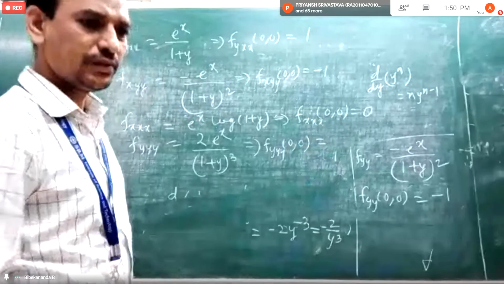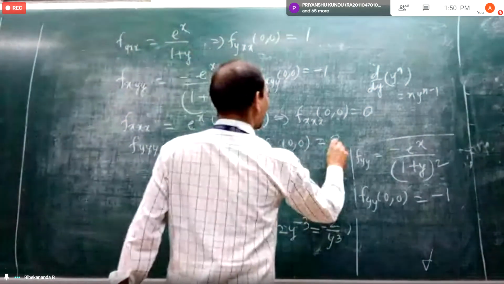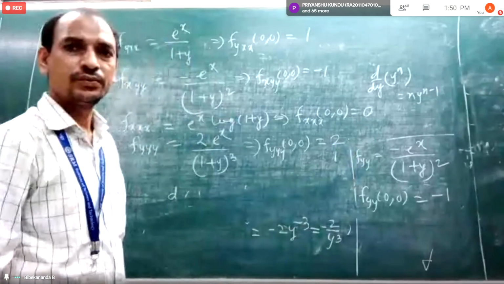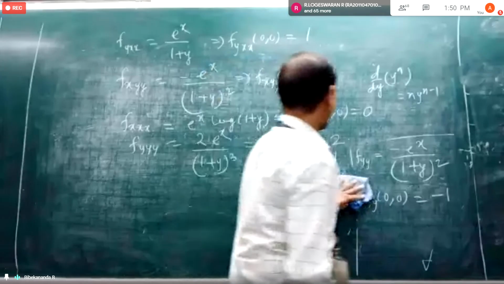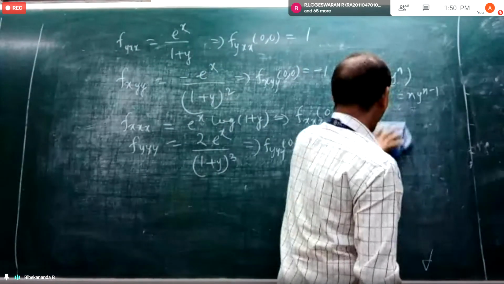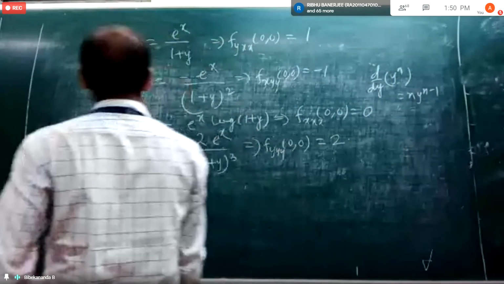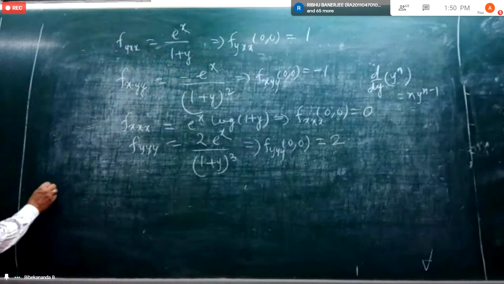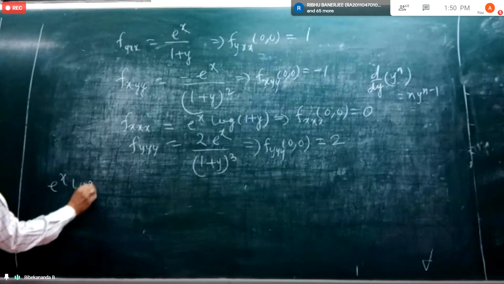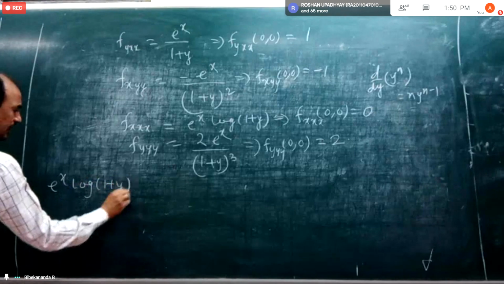What is the 2. value? It is 2. Okay, so these are the things we need to find out. Now we write the formula. What is the formula? e to the power x log 1 plus y is equal to...